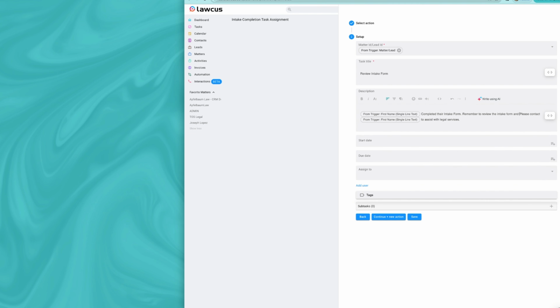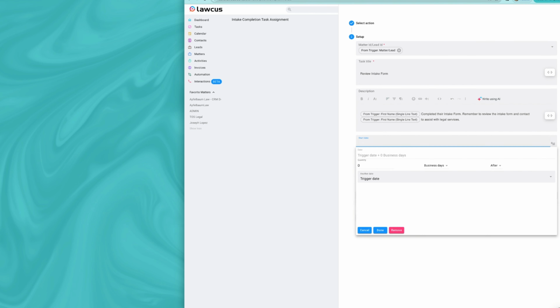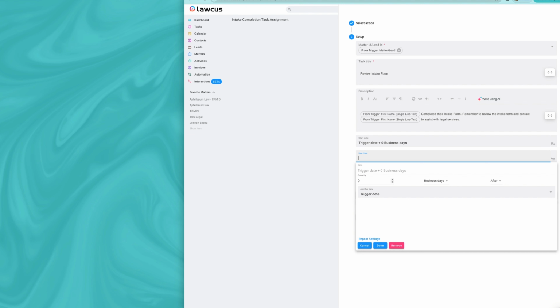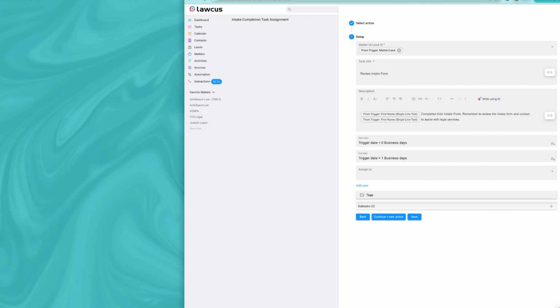and contact the person to assist with legal services. The start date is going to be just as soon as possible, so we're going to put 0 business days there. And the due date, we would say that we would want to make sure that we contact this person in 1 business day, so it would be 1 day after the form is completed, and then we'll assign it to whoever. So I'm going to assign it here, and this would take care of this particular step here,